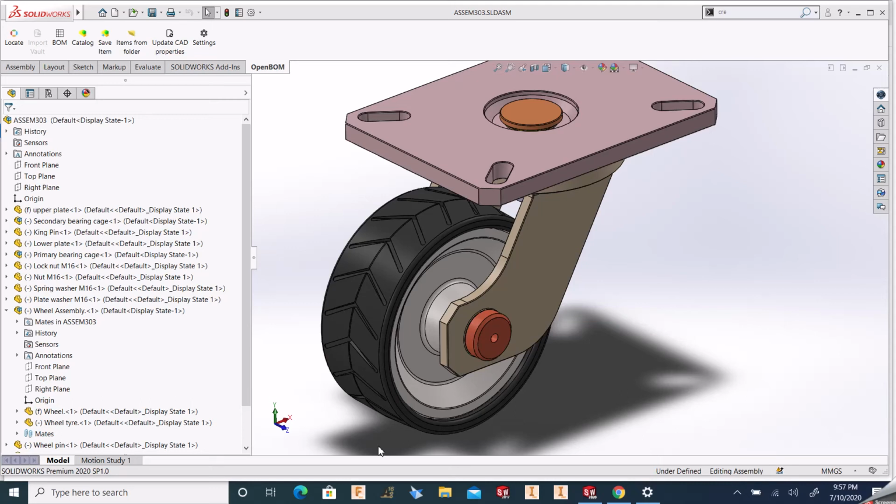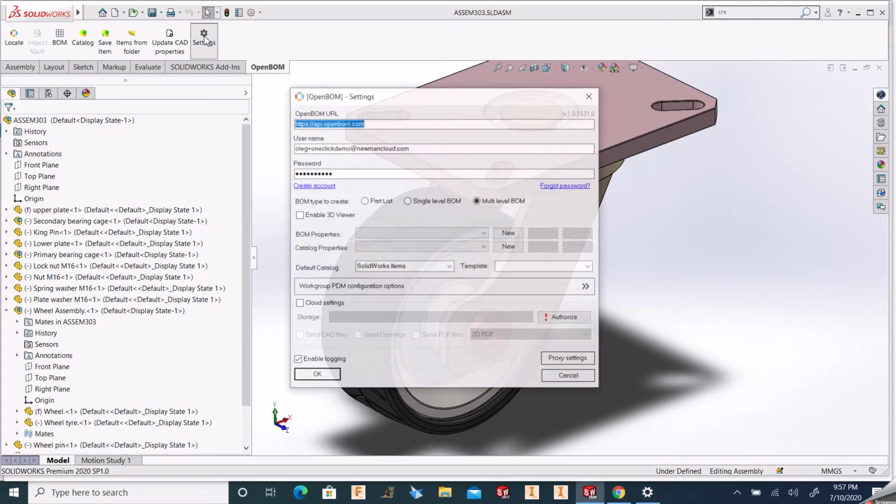Alright, in my video today I want to talk about a new feature in OpenBOM CAD integrations called One Click. At OpenBOM we try to make the process of bill of material creation as simple as possible, and our CAD integrations make it really easy, but today we are making the next step. So OpenBOM CAD integrations, and I will demonstrate CAD integrations with SolidWorks, has a new feature, One Click, that